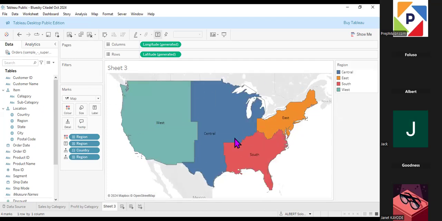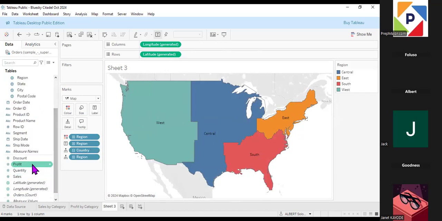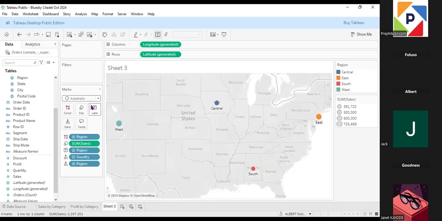Now, what do we want to do with this map now? Let's say we want to see the different sales on each region. All we have to do is bring our sales. We can bring it to size. If we bring it to size, it's not going to do anything. But if we change it back to automatic, we'll see that